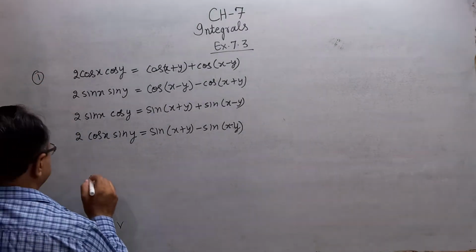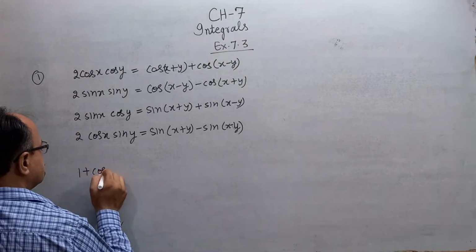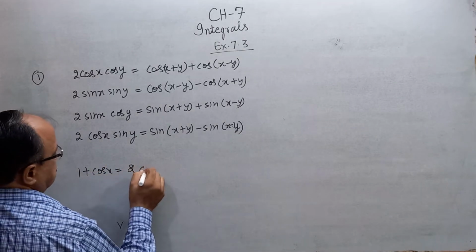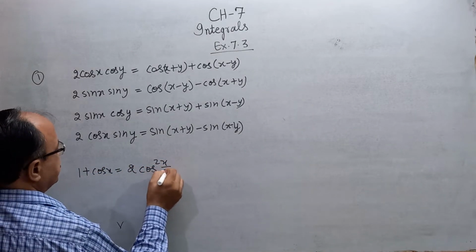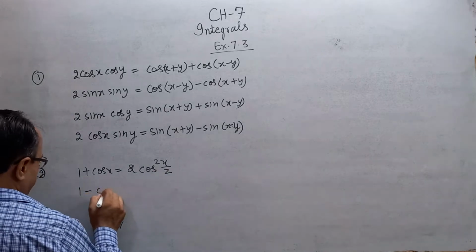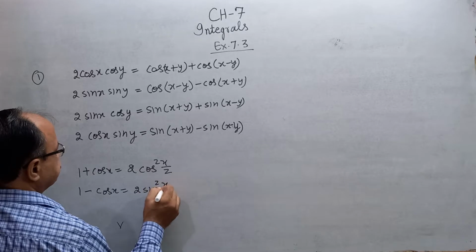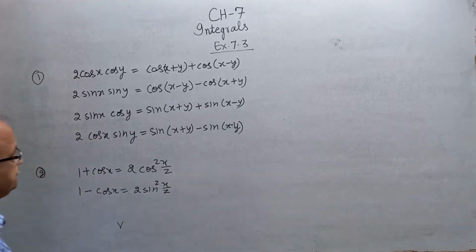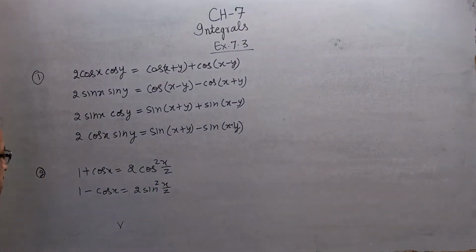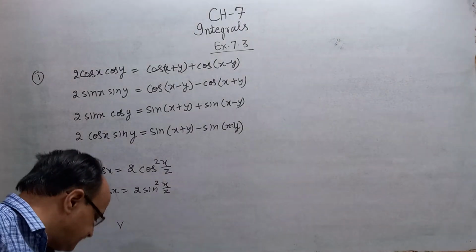And the second: 1 plus cos x, you know that, is 2 cos square x by 2, and 1 minus cos x is 2 sin square x by 2. Okay. We use this formula in this exercise. Okay. And